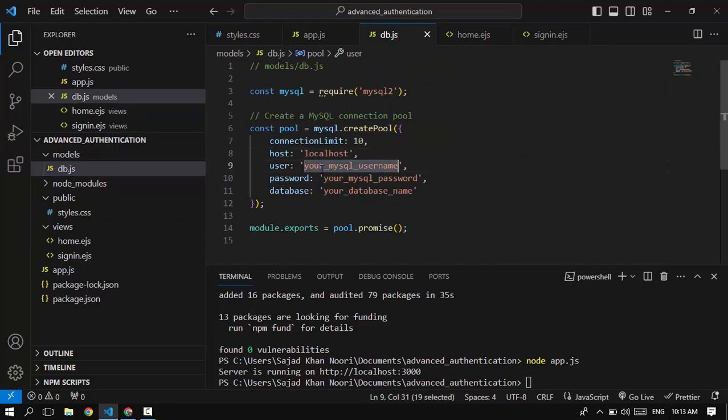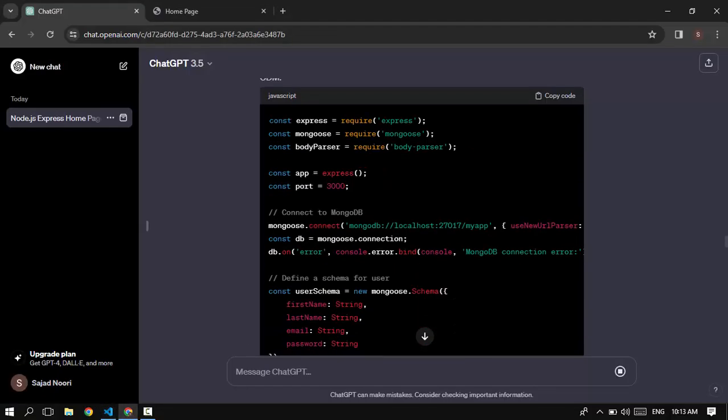The host is localhost. My username is root, and my password is nothing. I said nothing, and I'm gonna call the database auth system. Okay, and